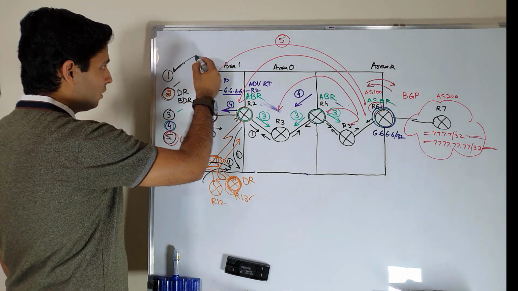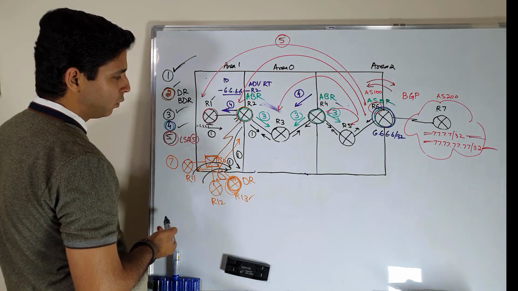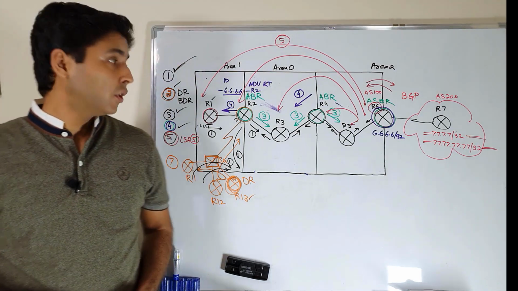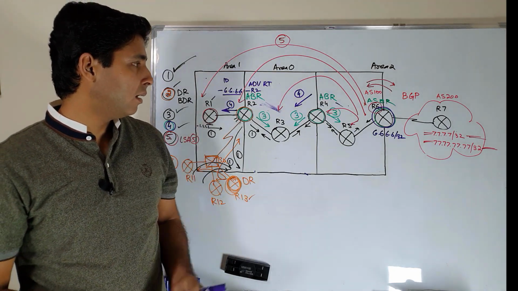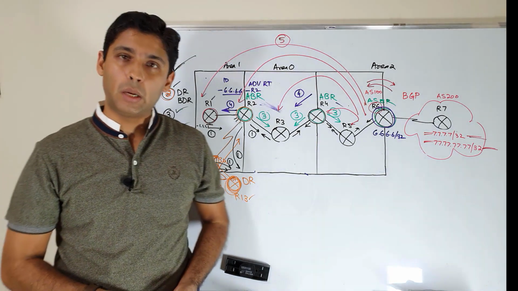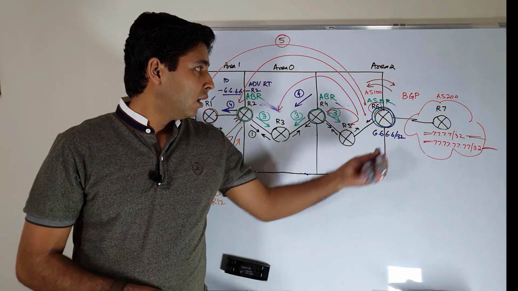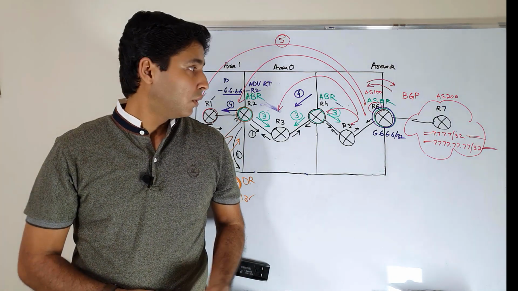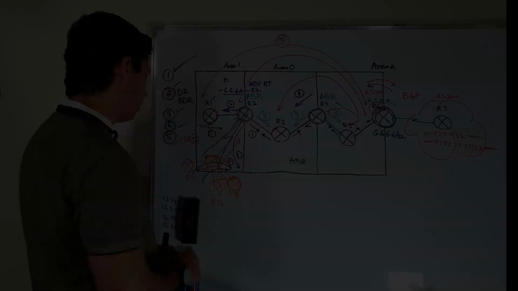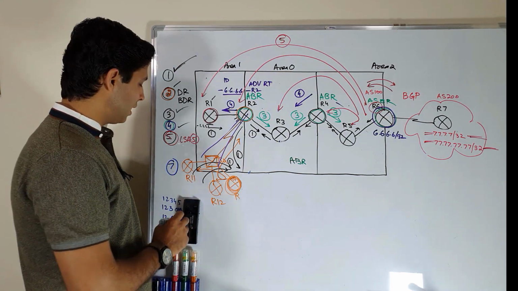So you should start with LSA number 1, then go to LSA 3, 4, 5 and then you can move back to LSA 2, or maybe you can start with LSA 2. So this is the basic introduction of our LSA types, and I am giving the link in the description to download the GNS3 and Packet Tracer topology. You can download from there and have some practice. If you find something and you have some questions about the topology or the LSA types, then you can write in the comment section.